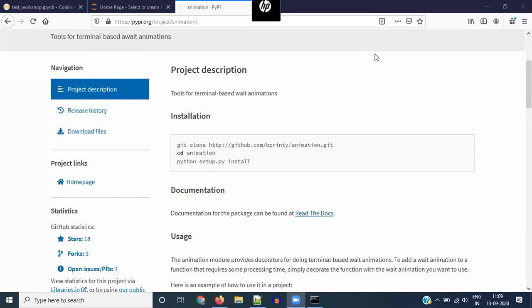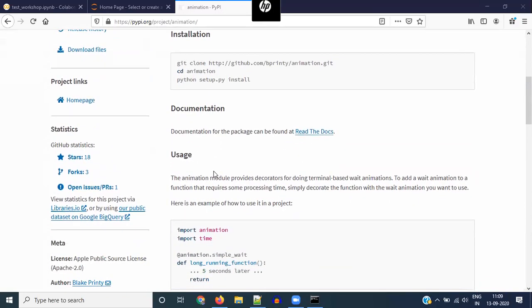Hey, could you import it? Yeah, sorry, go on. Okay, you were saying, Parth? If she can import it, then there is no problem with installation. Yeah, if you're able to import it without any errors, that means it has installed. But from the documentation, it doesn't look like animation is for matplotlib, but maybe you know more about it.